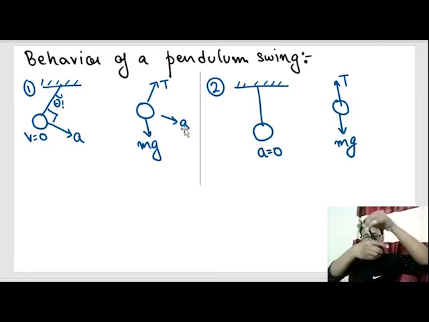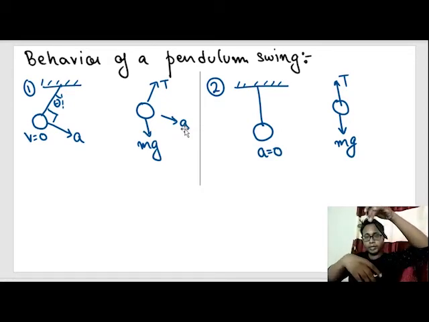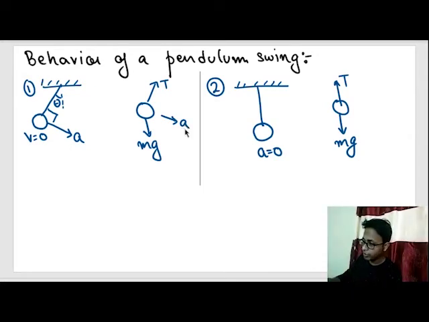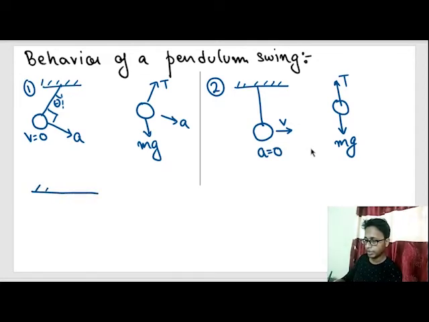But we see that the pendulum doesn't stop. It just goes to the opposite end. So why does it go to the opposite end? Because somehow, when the pendulum is in this position, it has some velocity in this direction at the bottommost position, towards the right hand direction. So where did it get its velocity from? You might say that mg force acted on it, gave it acceleration and some velocity. That's fair and fine.